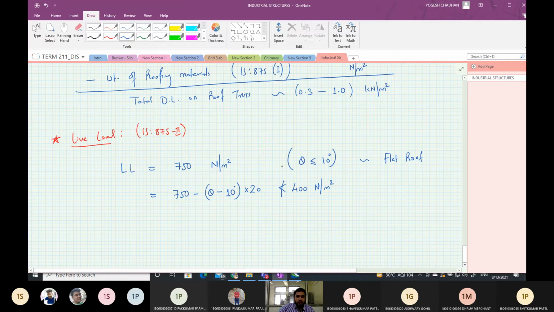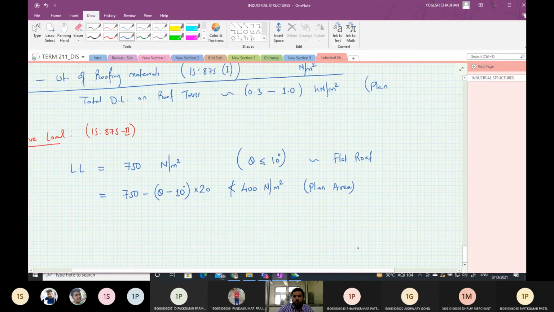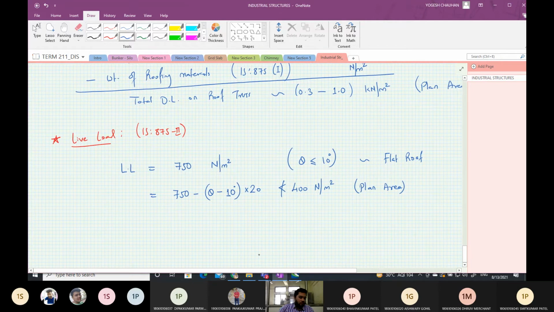So this is on plan area. This load is on plan area. This is also on plan area because both of them are acting in gravity direction. So they will be on plan area.